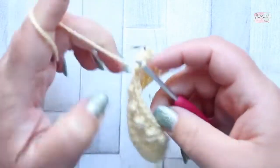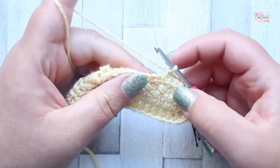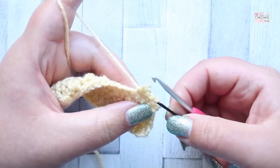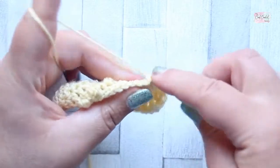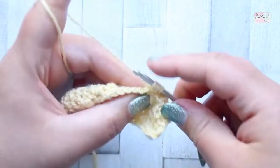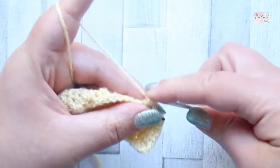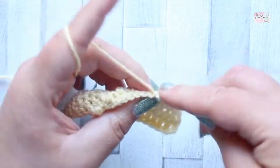Okay, so we're not going to have them stacked on top of each other, they are going to be offset from each other. So at row 5 you're going to single crochet in the first 4 stitches, and then in the next stitch you're going to make a bobble. So yarn over and pull up those loops, 6 loops on your hook, yarn over, pull through all 6 loops, single crochet in the next stitch,